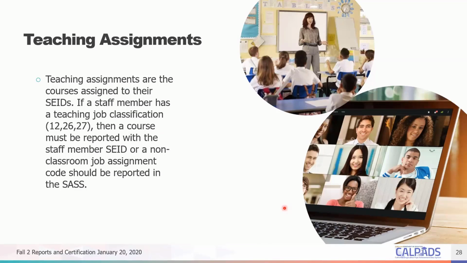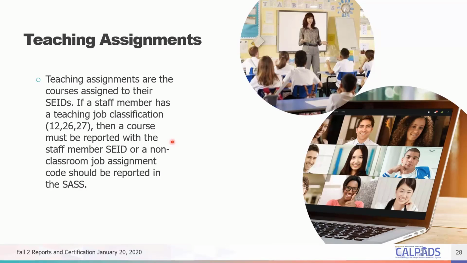So just an emphasis on teaching assignments. Teaching assignments are assigned to teachers, of course, obviously. So you have your job classification 12, 26, 27. This is just indicating that if you report a staff member as a 12, 26, or 27, there is an expectation that you need to assign them to a course. So you have to assign this staff member to a course, meaning the class that they're assigned to.